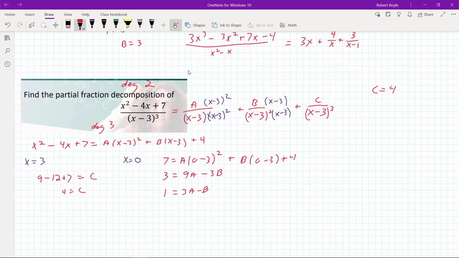Okay, what is the next easiest value of x to work with? What about x is equal to 1? Okay, that might be a good one. So let's try that one. On the left-hand side, we will have 1 squared, which is 1, minus 4 times 1, minus 4, plus 7. And that is going to be equal to a times 1 minus 3, which is going to be negative 2 squared, plus b times 1 minus 3,